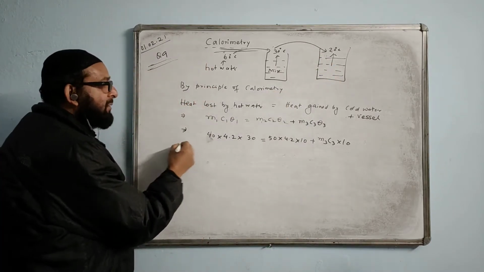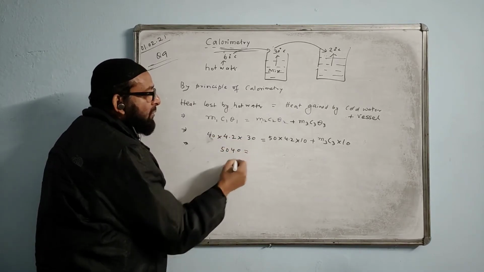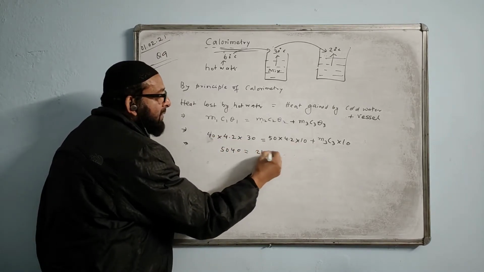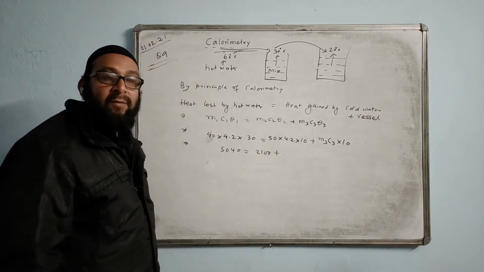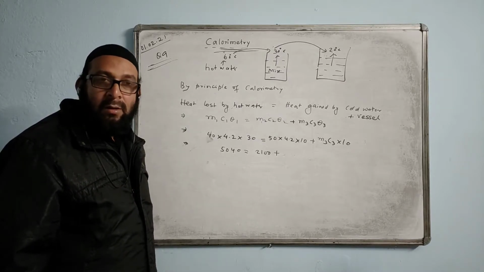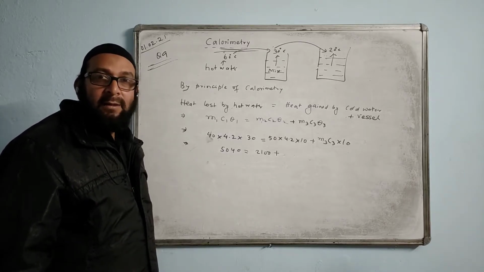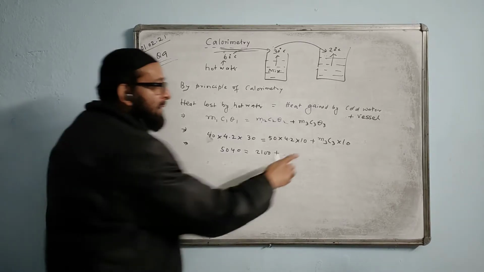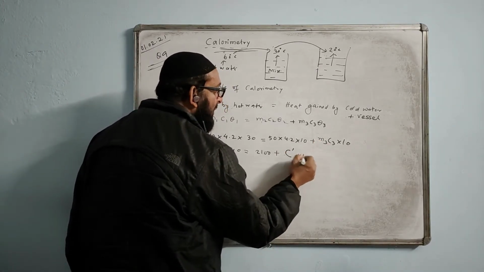Now we will calculate the answer. Multiply everything, this will become 5040. Multiplying here gives 2100. m3 c3 is unknown, and this is the heat capacity. What is the formula of heat capacity, if you know? There were two formulas. One was H by theta and another was m into c. And this m into c makes the heat capacity C dash, into 10.